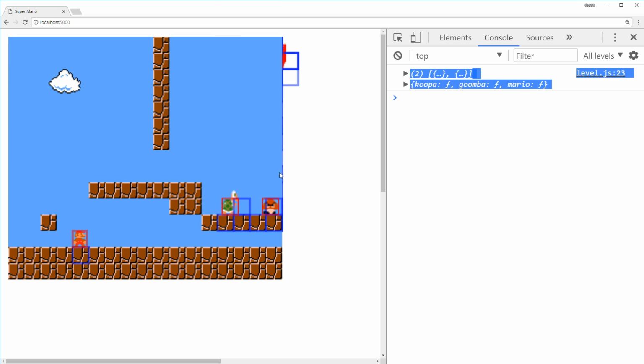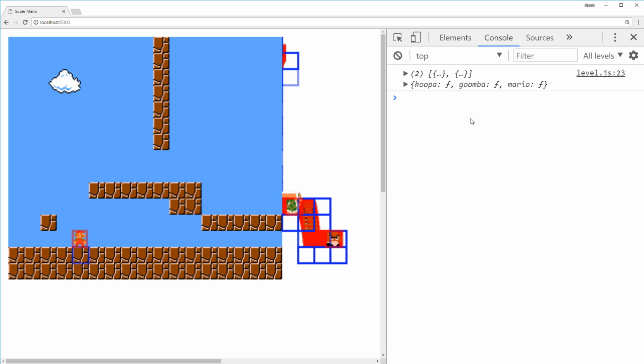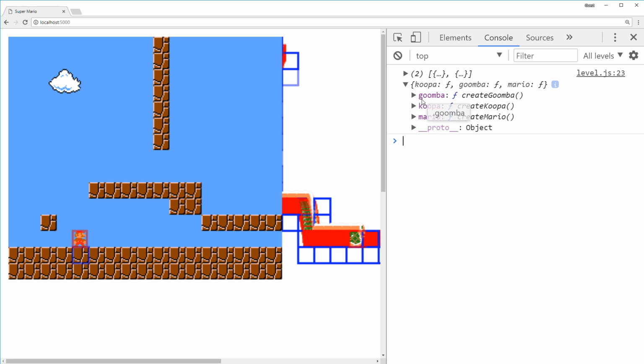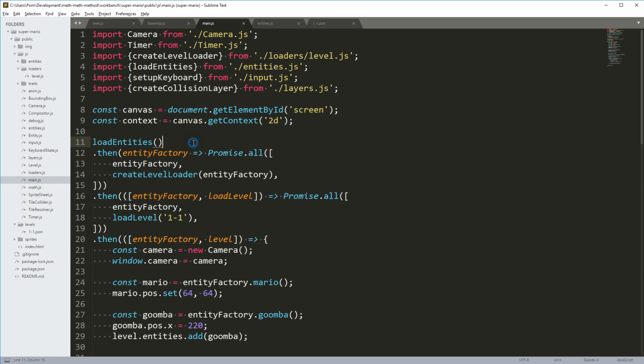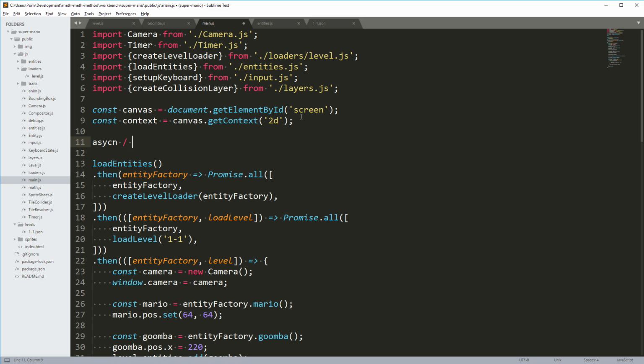So now we have then, yeah, there it is. Here we have the entity factory now. So now we could create these according to the JSON. But seriously, this is a little bit of a mess. So we could refactor this using promises so that it looked nicer, but I think this is an ideal place to use async await. And async await, I'm going to type it out here, async await